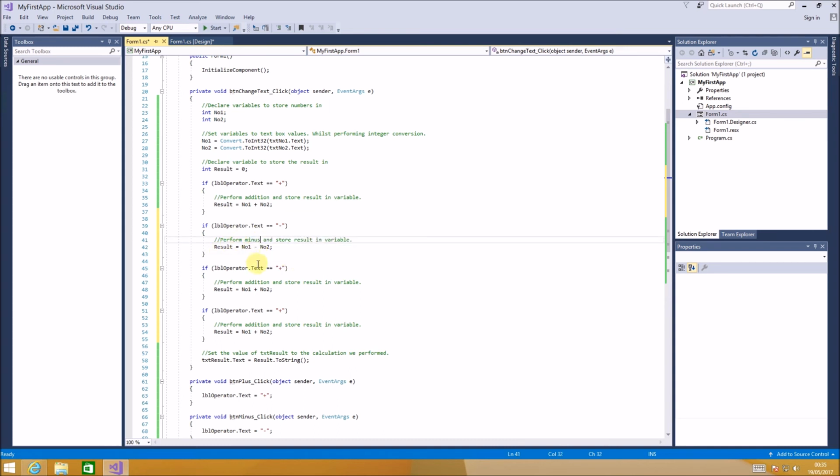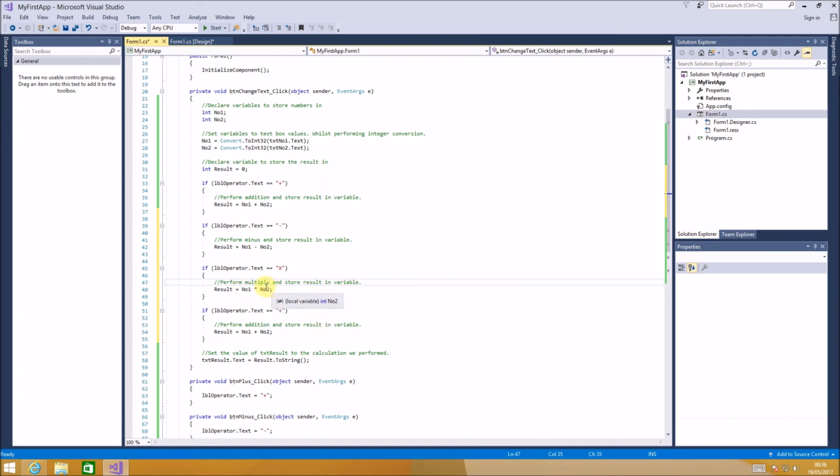I'm going to do the same thing with multiply. Now multiply in programming is an asterisk or a star. So if I was to do no 1 x no 2, it doesn't know what to do. You can see here it has no idea what the code to execute is. So to multiply in programming it is an asterisk. I'm going to change the comments to say multiply,